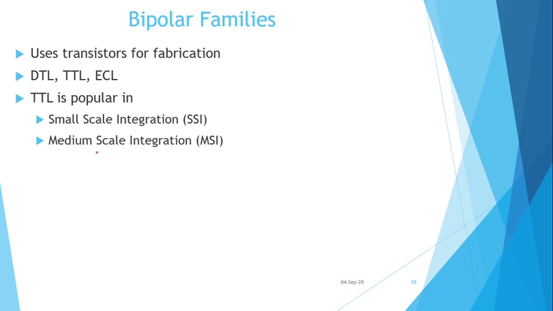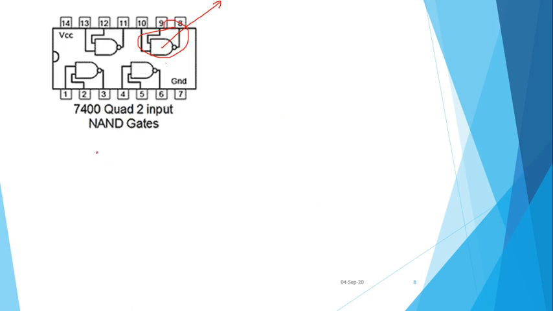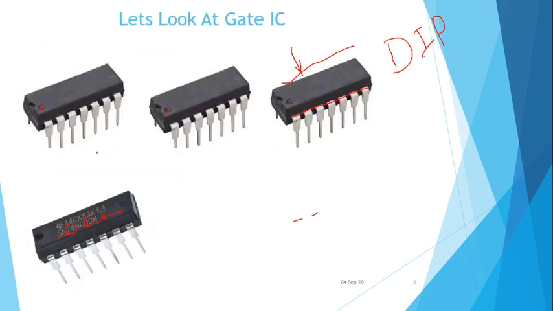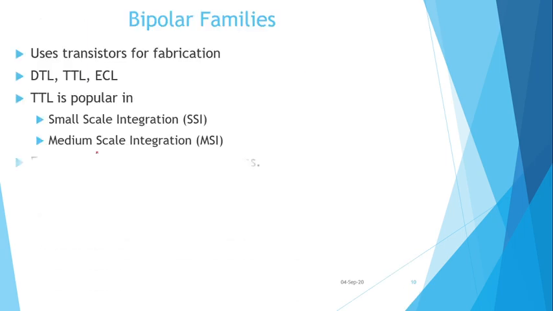Okay, so in very large scale integration, literally you can fabricate millions of transistors in a single chip, right? This kind of IC we have seen, this one. In this, you can have millions of transistors, right? In the next lecture, we'll see a few details about this scale of integration. Then we have ECL, emitter coupled logic, used for high speed applications, right?